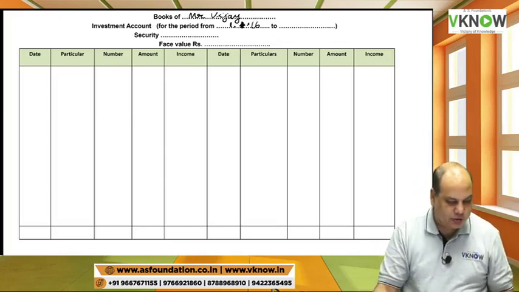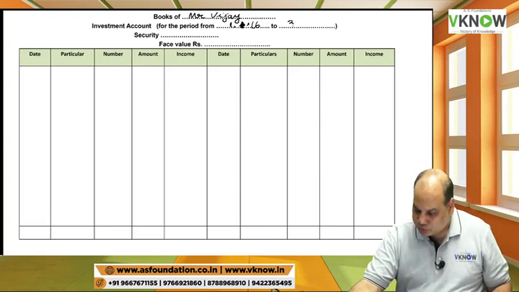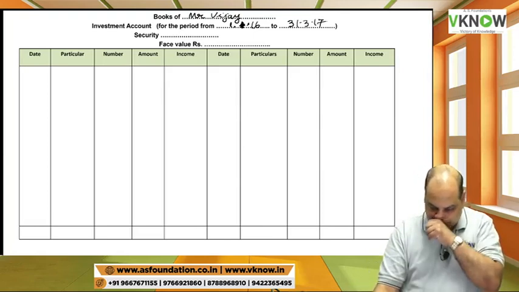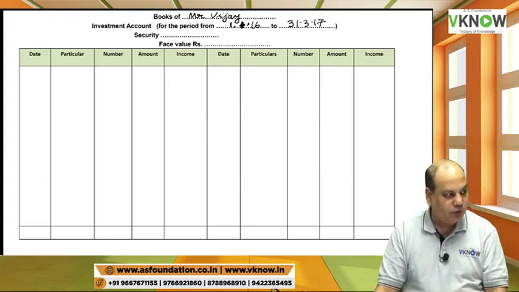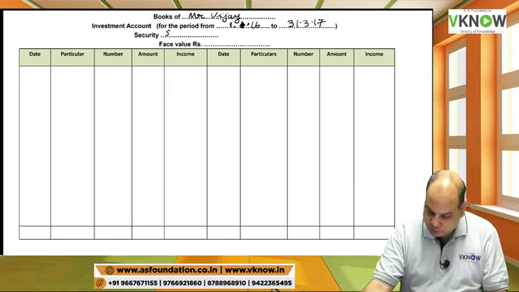First time he purchased on 1/1/16. There is no opening balance, and we have to go up to 31st March 17. And what is this security? This security is shares